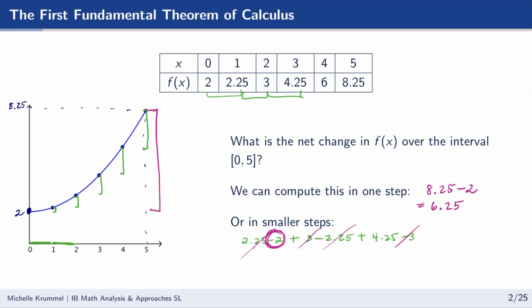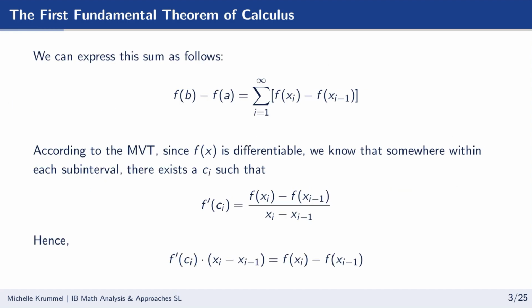So in general, we can express this in the following way. If we just want the change in f on the interval from a to b, we can say it's f of b minus f of a. That's doing it all in one shot. Or we can think of it as the sum of a bunch of net differences, breaking this down into subintervals, where